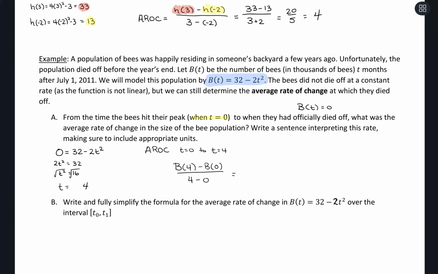B of 4, we already know from how we set it up, should be when the population is equal to 0. Minus, if we plug in t equals 0 to get that maximum population, that would be 32, over 4 minus 0. So we're getting a negative 8 out. So what that tells me is that when we're looking from t equals 0 to t equals 4,